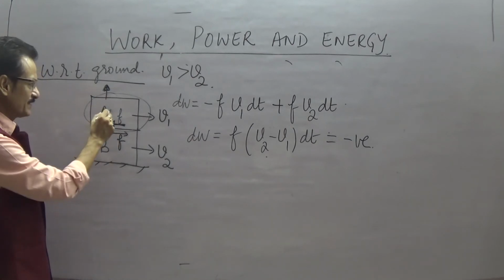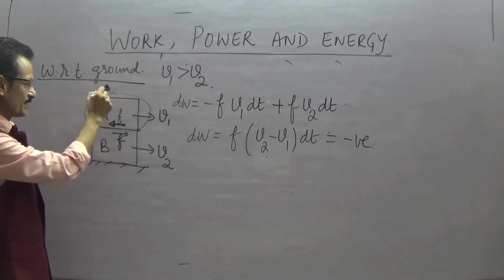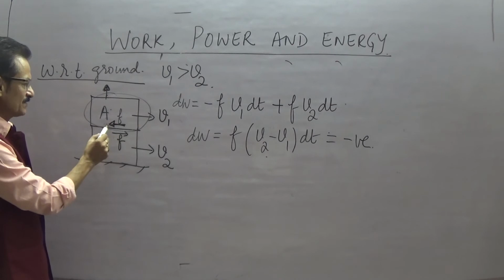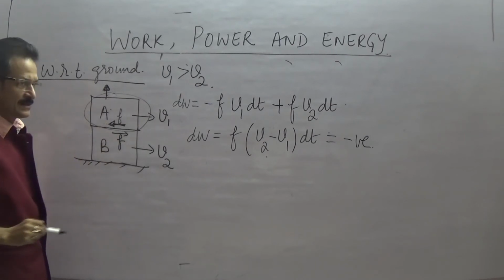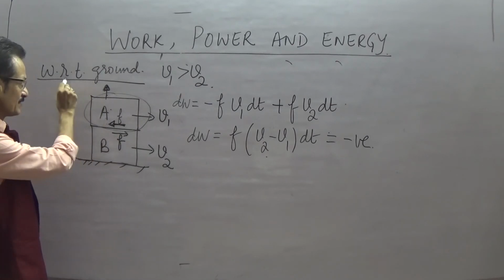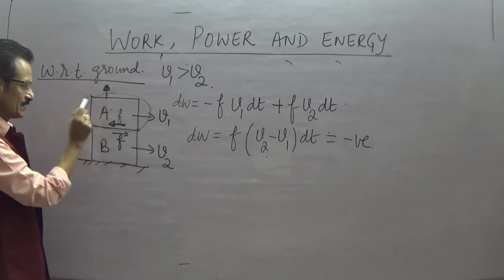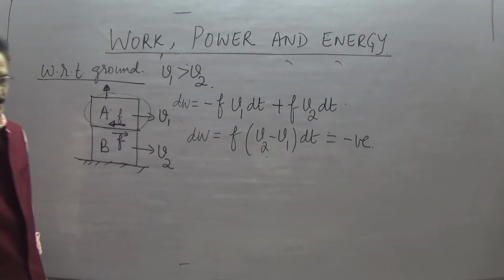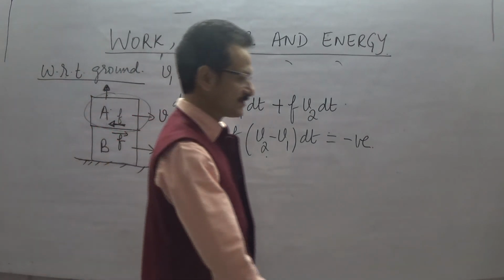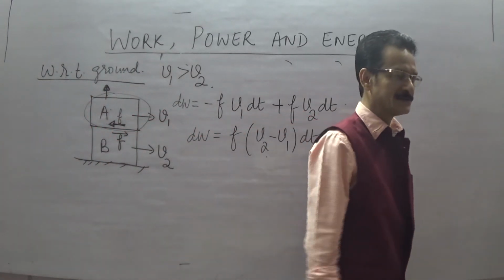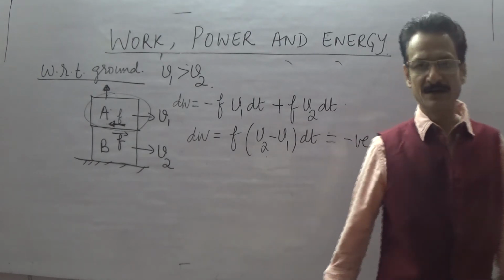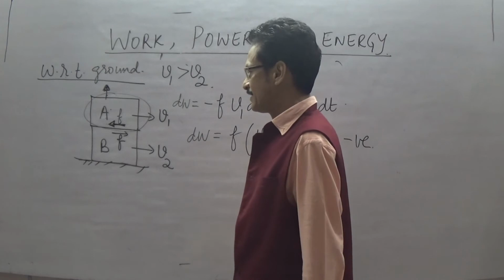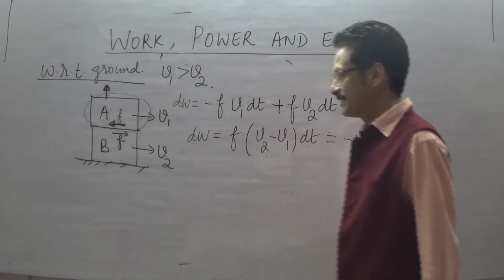So this observer, who is right on top of block A, will conclude that frictional force is not performing any work. And if the observer is on the ground frame, then he will conclude that frictional force is performing negative work on the body. So this is another conclusion that we draw, that work is frame dependent. It depends upon the position of the observer. Okay. Now what happens